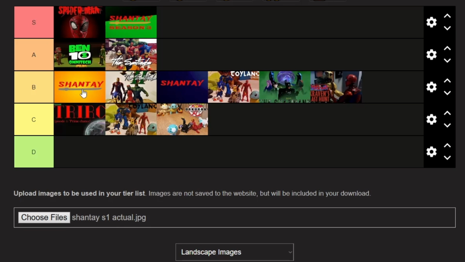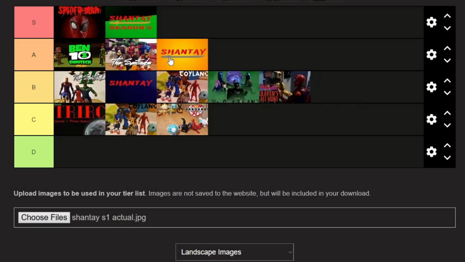The things I would change with Shantae are not minor, but they are mostly issues that came by when producing it, not when writing or the show itself. So I am going to move it up into the bottom of A tier, still behind the Sentinels, because these two are kind of equal, but I do enjoy this a bit more.